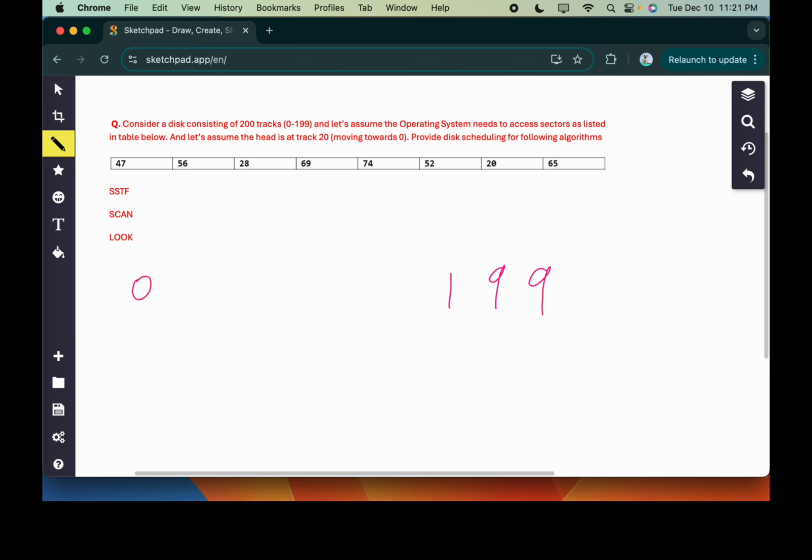Okay. The head is at track 20. And notice how it says moving towards 0. So for SCAN and LOOK, we need to keep that direction in mind. First come, first serve isn't really listed here. That's self-explanatory, you just do it in order, so we're skipping that. Shortest seek time first. So starting at 20,